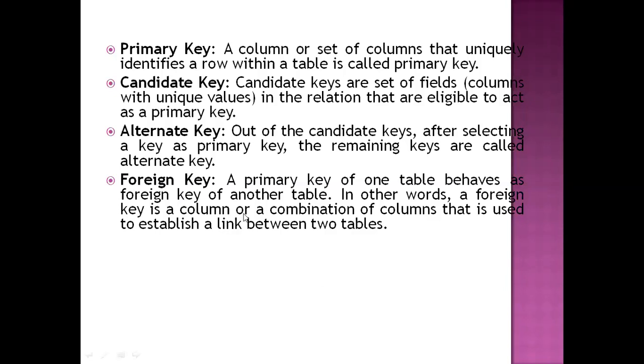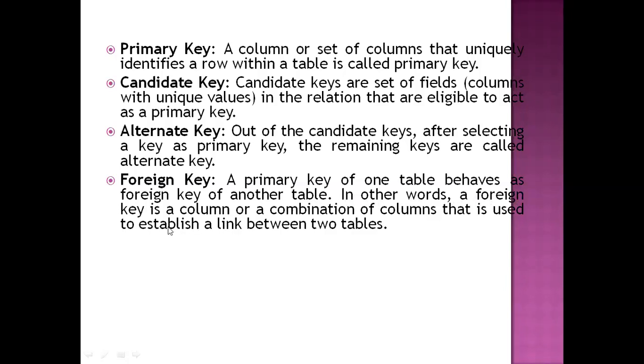So here what does it do? In the first table, admission number is the primary key, and in the second table it is also a primary key, but in making the relation between both, its value will be derived from the first table, where it is the primary key. So the foreign key value is not its own value, but its value is derived from the first table, the previous table, the master table, right? So foreign key: the primary key of a table behaves as a foreign key in another table.